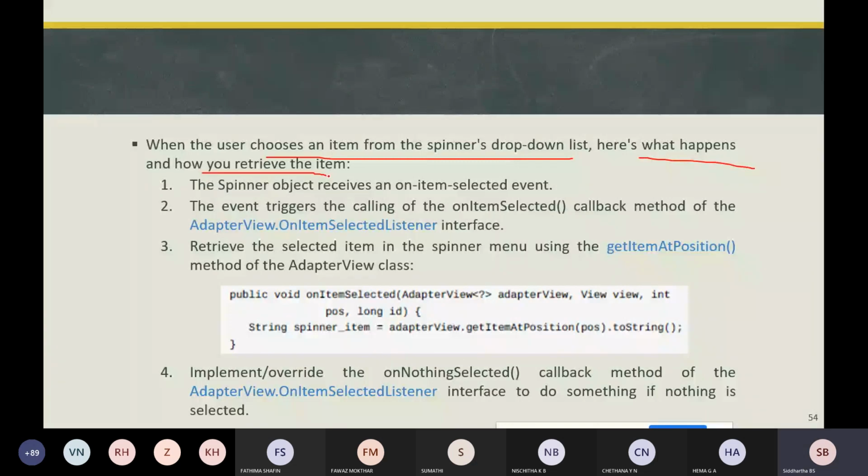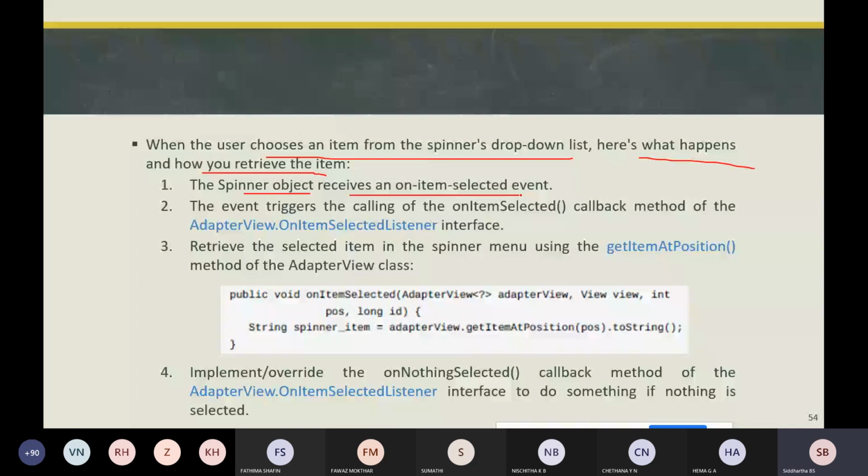For that, the below steps will be explained. First, the spinner object receives an onItemSelected event. Whatever spinner object we create is going to receive an onItemSelected event.